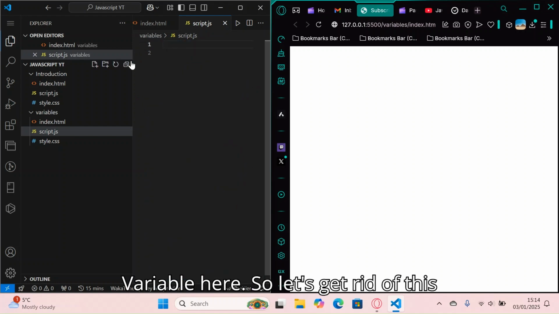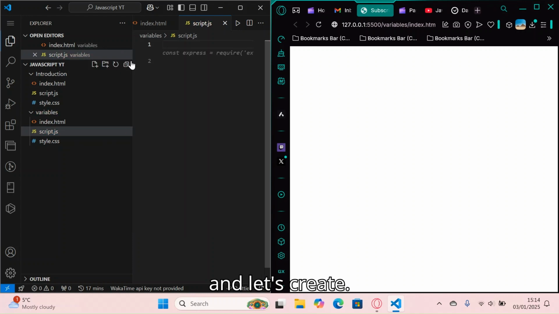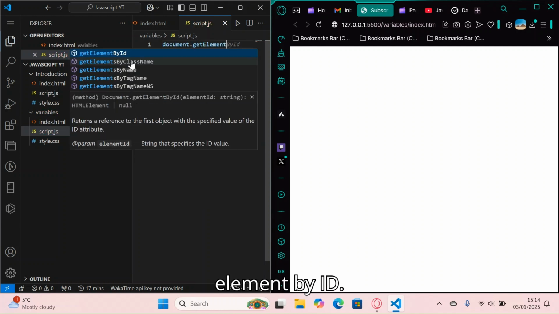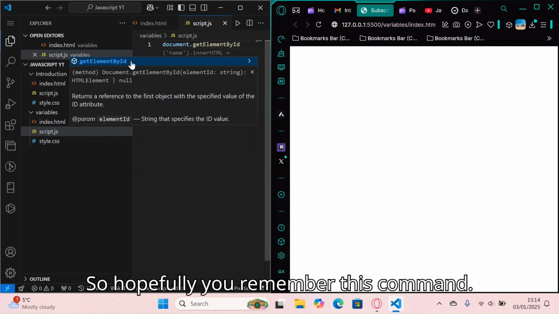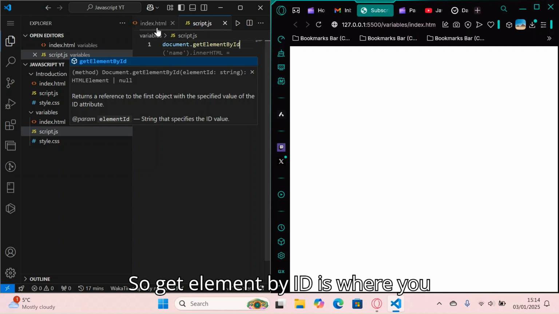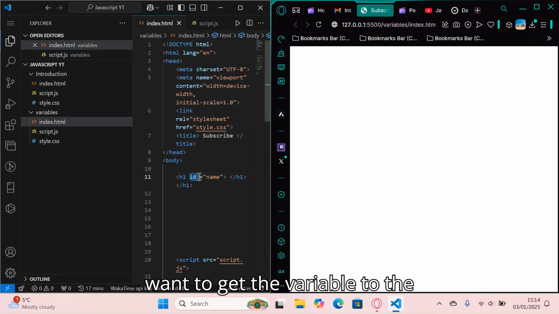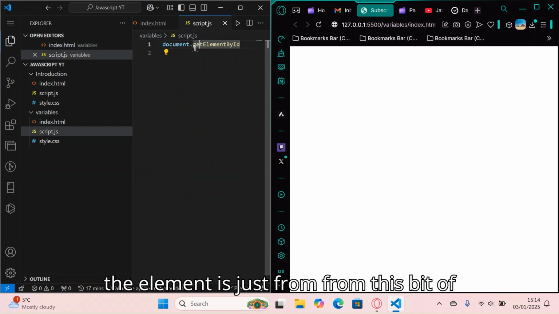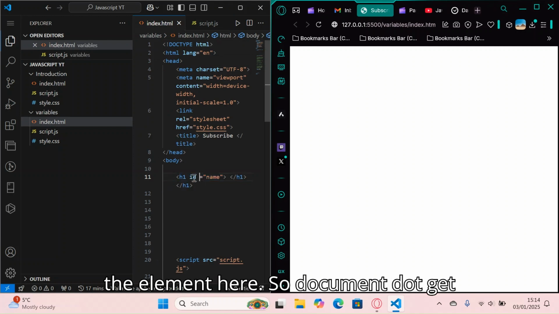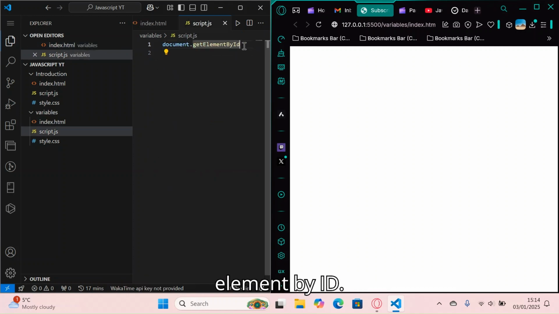Let's get rid of this and create document dot get element by ID. Hopefully you remember this command. Get element by ID is where you want to get the element from the HTML, the document, and the element is just from this bit here. So document.getElementById,